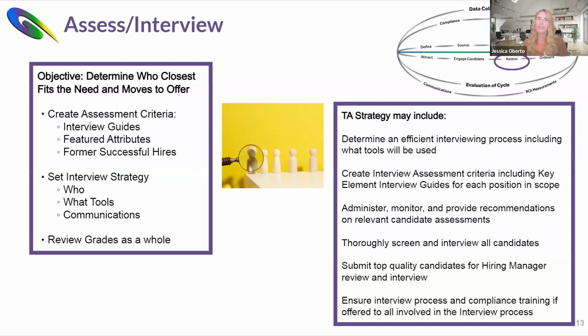Another big piece, which we do a lot of consulting work and also in our partnerships, is making sure interview compliance is there and that hiring managers are trained. They're prepared, because this isn't what they do on a daily basis. It's easy to sometimes get frustrated or throw your hands up. I don't know why they asked that question, or they didn't do the interview the way it should have been done. But making sure your organization has training in place for hiring managers, they understand the why of it is important,